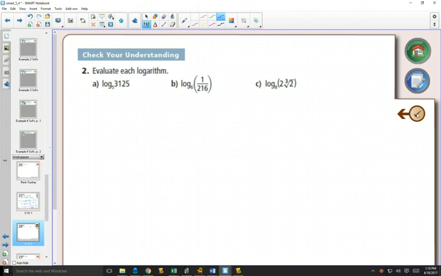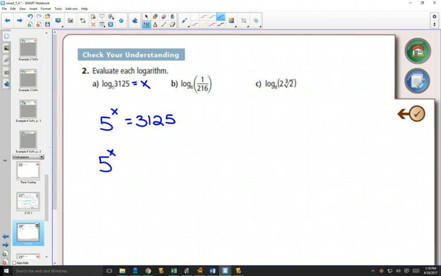So I don't know what this is equal to, so if I make it equal to x, log 5 of 3,125 is equal to x, then if I write this in exponential form, the base is 5, the exponent is x, is equal to 3,125. Now each of these questions would be non-calculator questions, so you would have to go to your powers chart, and I believe on our powers chart,